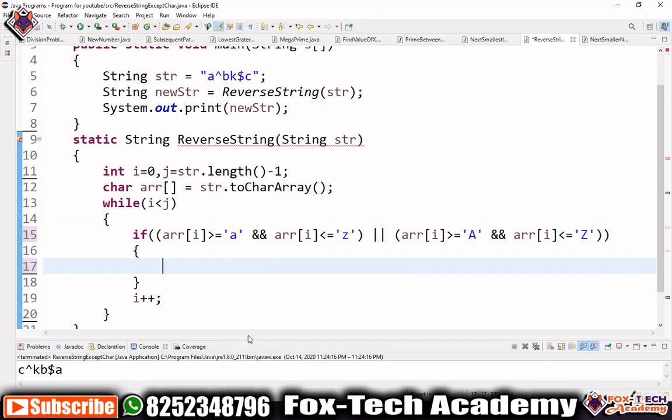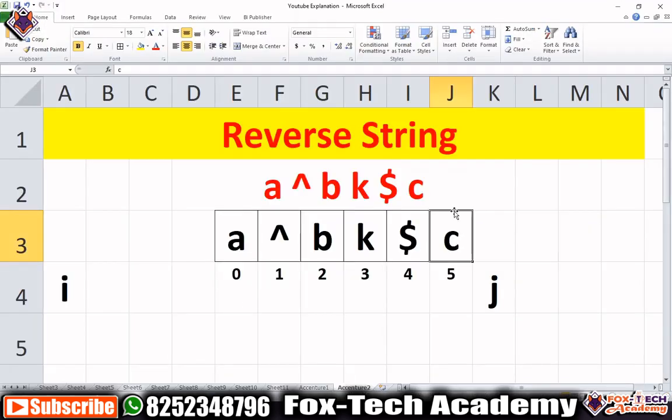For solving this problem, we will send this array and the value of j to that function, and that function will return the index of an alphabet. So suppose whenever we check with this one, we will send this string and the index of this dollar symbol as j to that function.